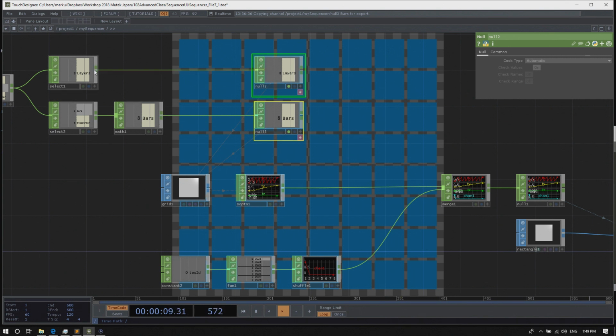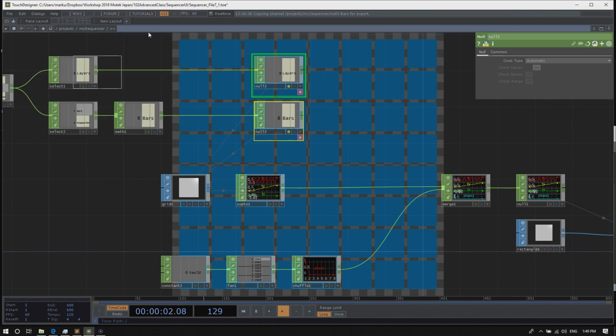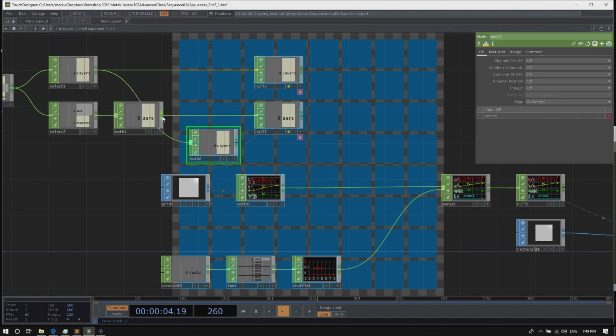So let's append a math CHOP in a new chain and multiply the layers with the bars.